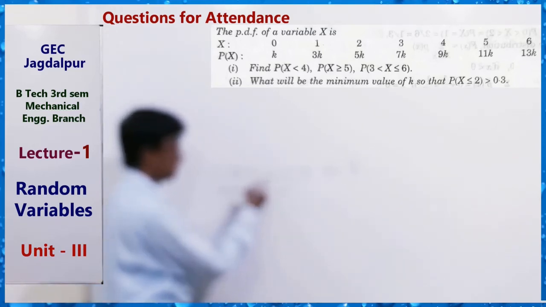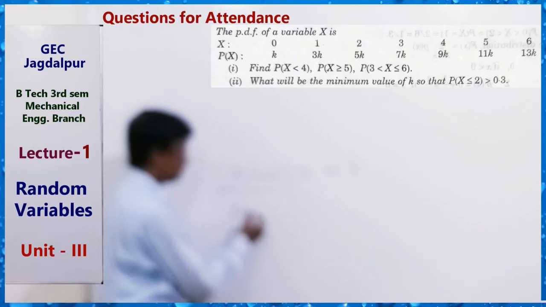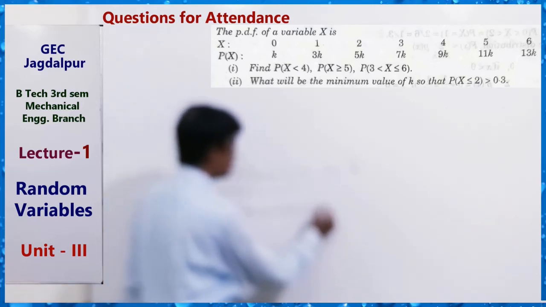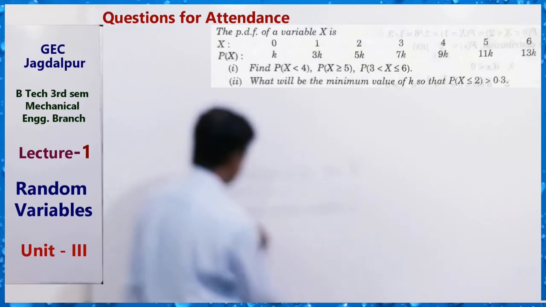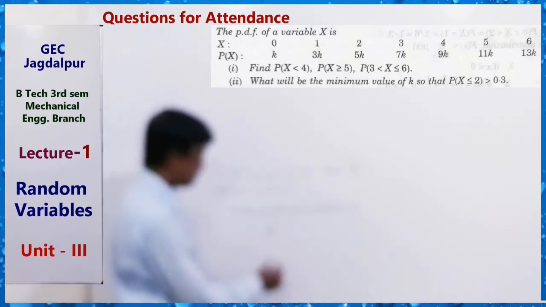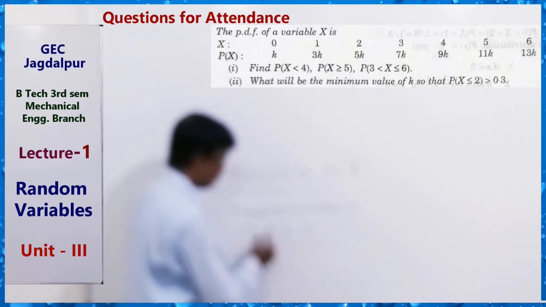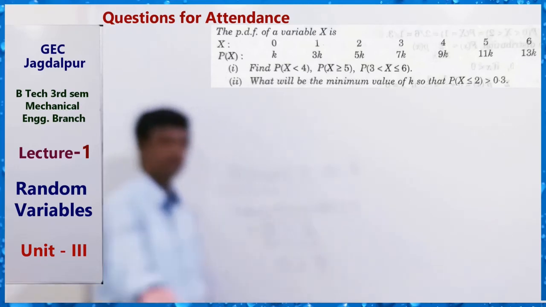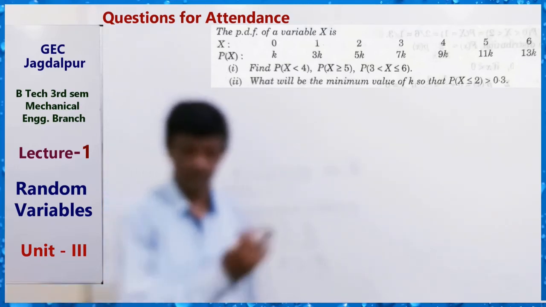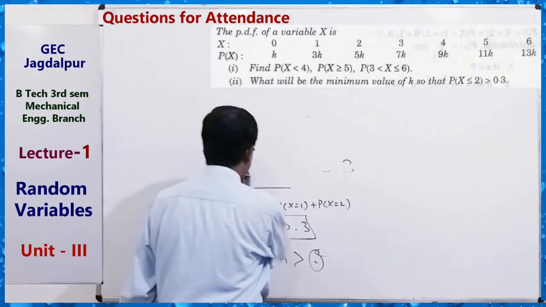X less than or equal to 1 means x equals 0, x equals 1 plus x equals 2. You can get a value in terms of k, and this is greater than 0.3. Now solve it. K is greater than what? That is the minimum value. Okay, so you can solve it. So do it. Similarly,